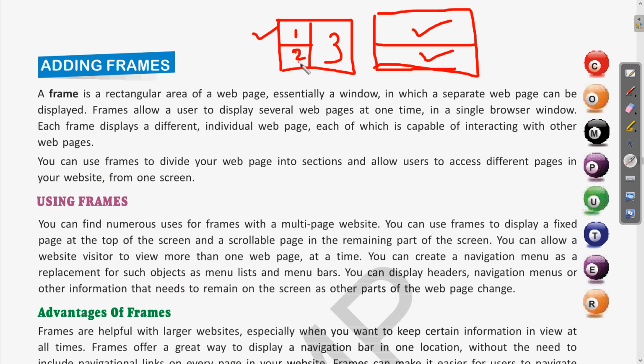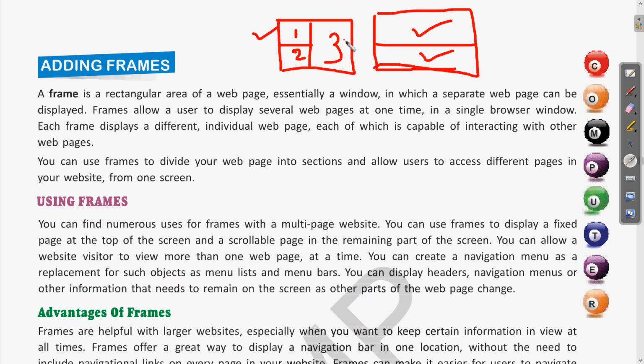We already know that the hyperlinks which we use in HTML pages are used for linking with other pages. So this way all of these web pages will be different from each other, and at the same time they are capable of interacting with each other. Then we can use frames to divide your web page into sections and allow users to access different pages in your website from one screen. Clear?